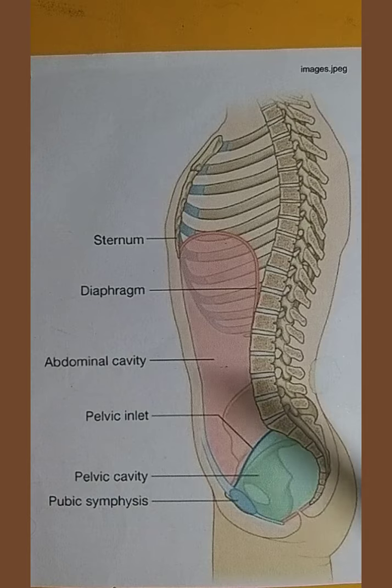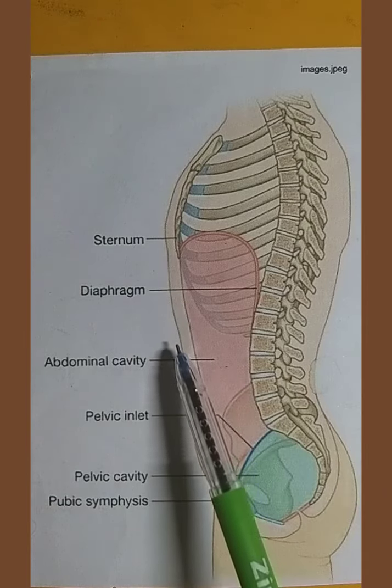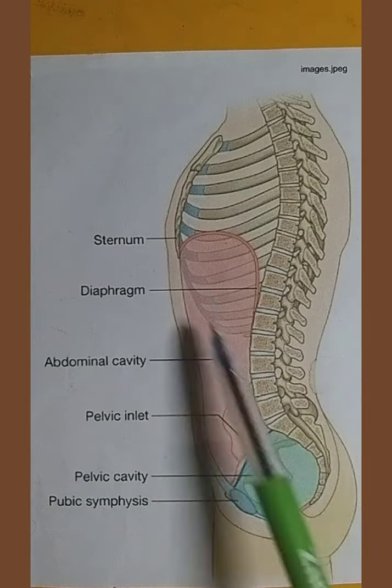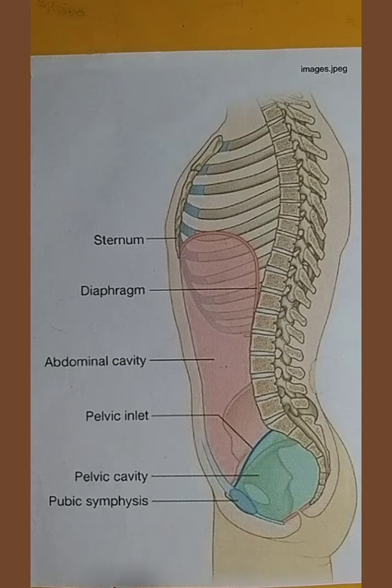Now coming to the anterior wall, as you can see, this is the anterior, this is the posterior. The anterior wall is musculofibrous and formed by three flat muscles and their aponeurosis, and on either side of the midline on the anterior wall, this is strengthened by the rectus abdominis and pyramidalis muscles within the rectus sheath. This you will learn eventually.